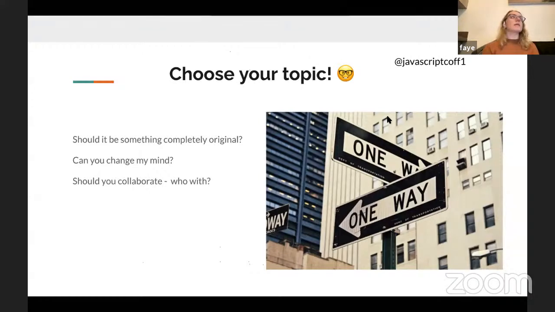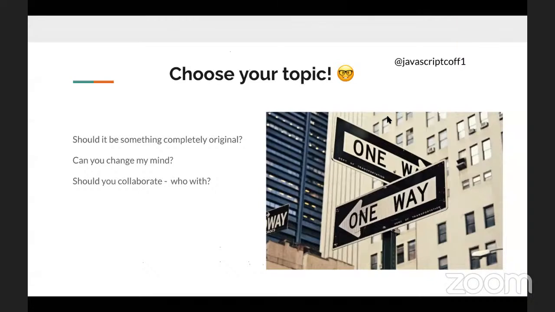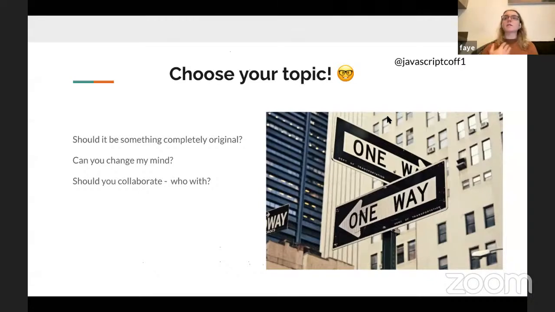Someone would have always done it. It's not a good example, but say Vue. Say you wanted to write an article about Vue, explaining how you could build a whole website using Vue. Someone's going to have already done that, but someone would have done it before them, and that didn't stop them. So why would it stop you? I think you're going to be very pushed to find something completely original to talk about, and that's probably the hardest way to start tech writing.